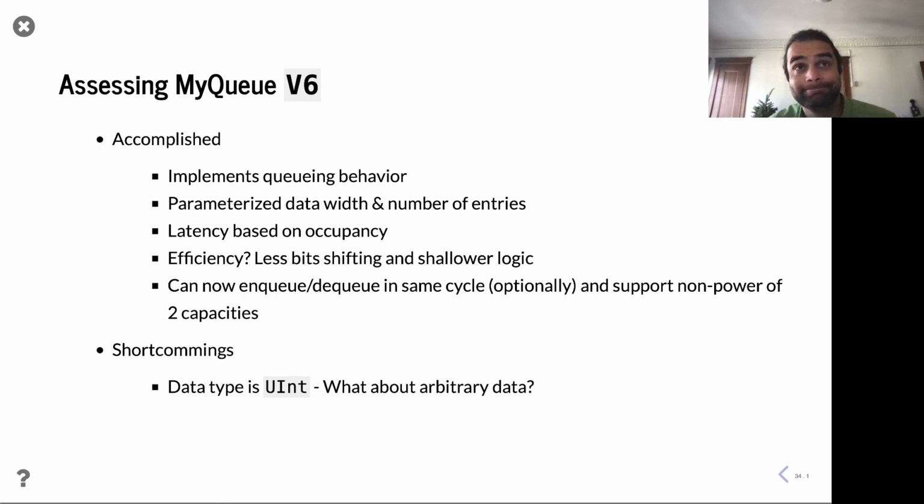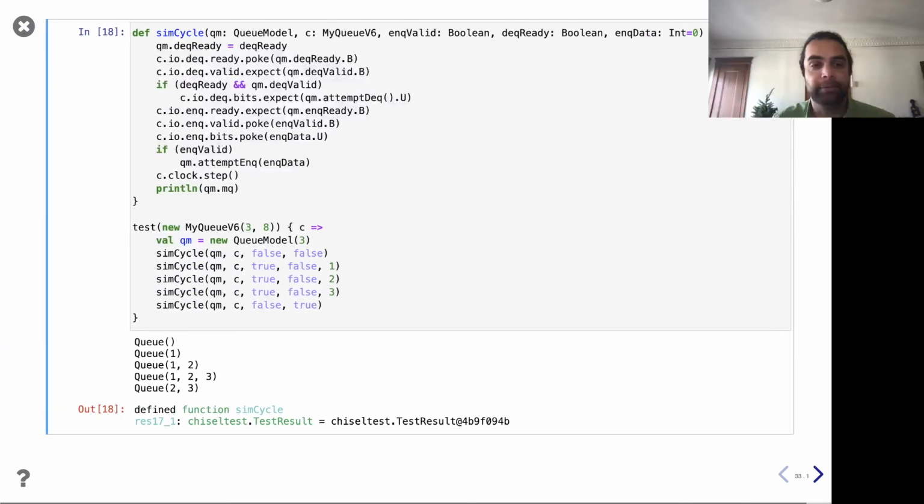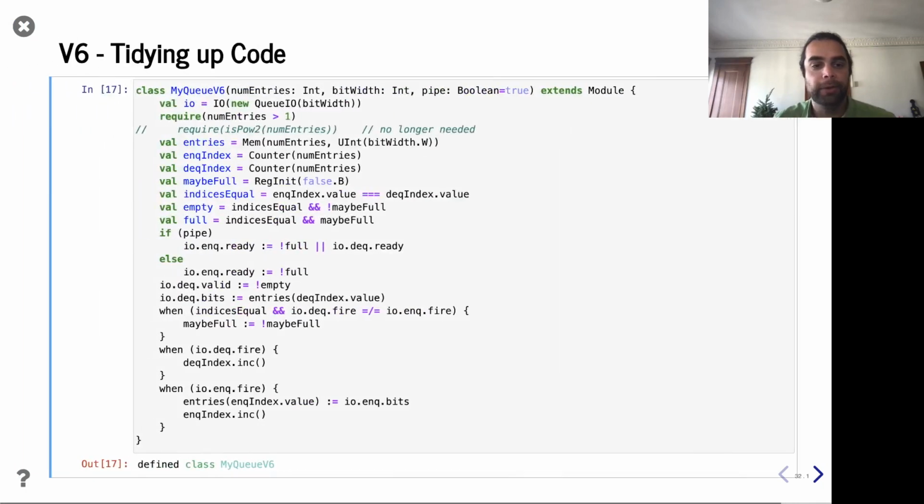What's the shortcoming? Well, we're still doing uints, right? So if you want something more sophisticated than a uint, can't do that. So in order to do something other than uint, we're going to need to template the type we're working on. And guess what? That's my topic for a future lecture. But I want to set this up for today and see what we can do as an iterative agile design process. Notice how we went on this road where we start off with wanting to build a queue. This thing is pretty sweet, but knowing all these optimizations, nuances, and designs would be really hard to do